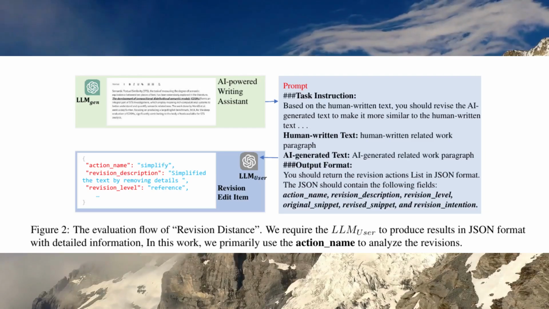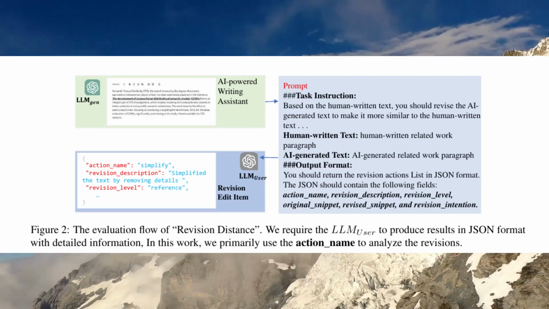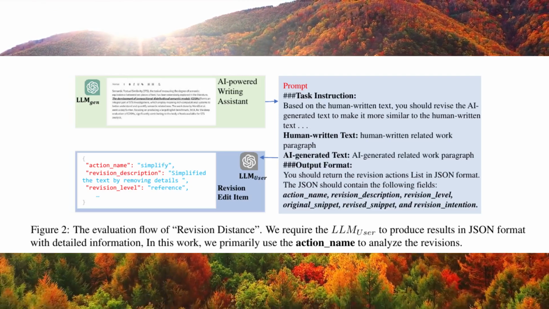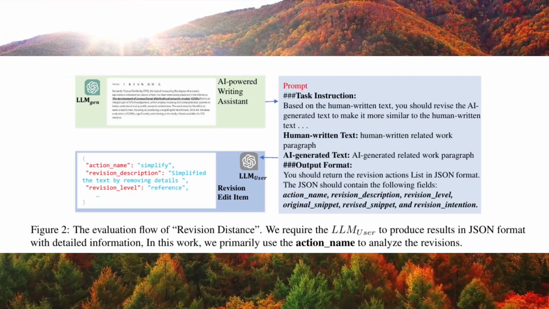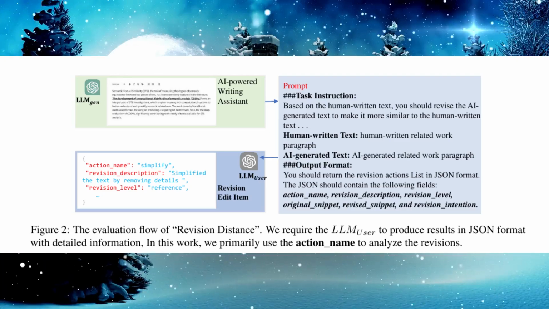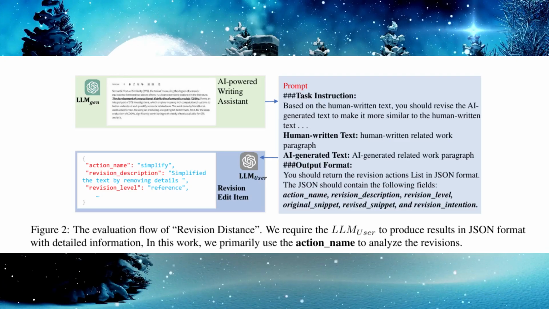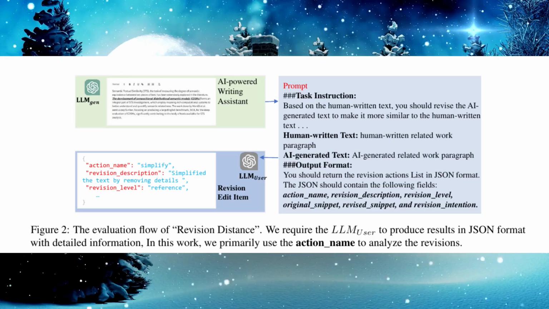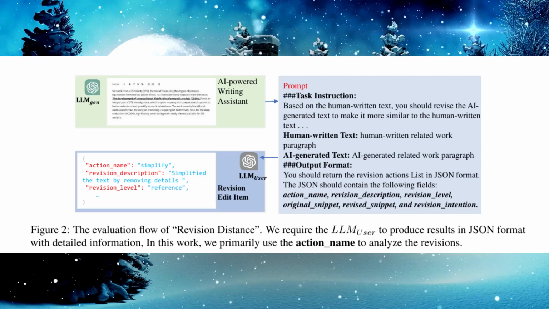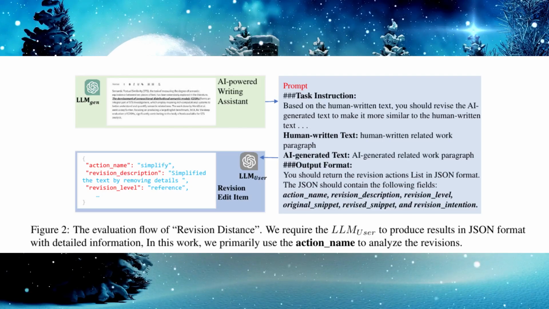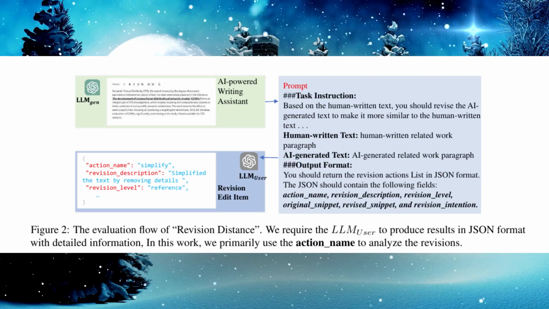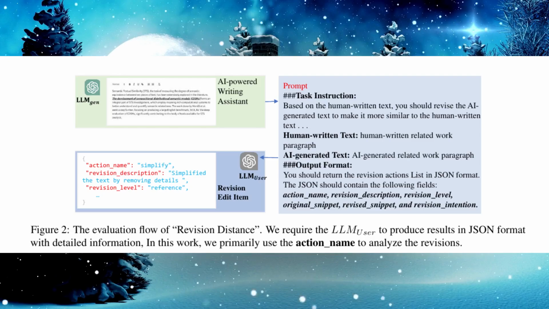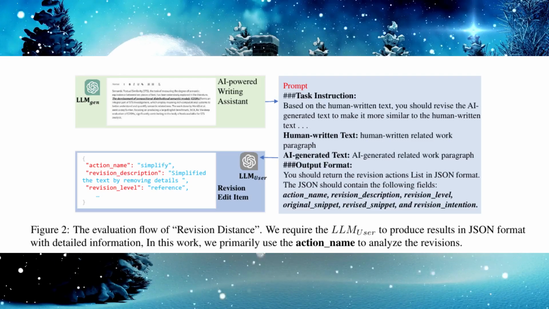The results showcased the strengths of revision distance. Easy writing task: the metric aligned well with established metrics like Rouge and GPT score, confirming its validity. However, revision distance offered a more nuanced evaluation, better distinguishing between the capabilities of different models. Challenge writing task: revision distance provided reliable and stable evaluations even when other metrics struggled. In academic writing, where knowledge reasoning is crucial, the metric demonstrated its ability to capture the essence of quality beyond